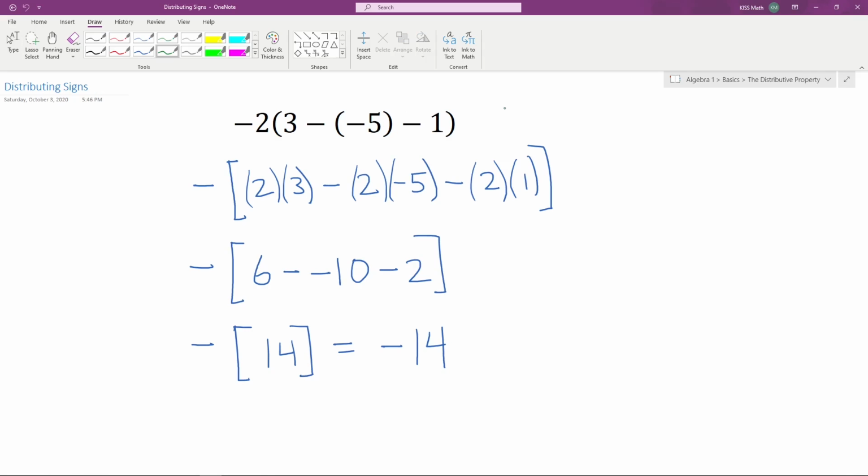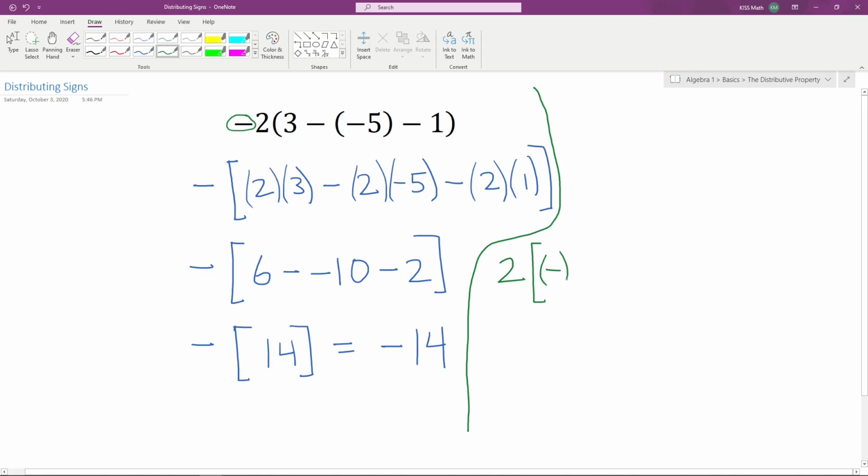Let's say I just wanted to distribute the sign and keep the 2 out there. So in that case, it would look something like this. We'd keep the 2 out here, and if we distribute just the minus sign, it's the same thing as distributing a negative 1 to all of these terms. So we'd have a negative times a 3 minus, and this minus we're keeping the same here, that doesn't change, but we distribute the minus here